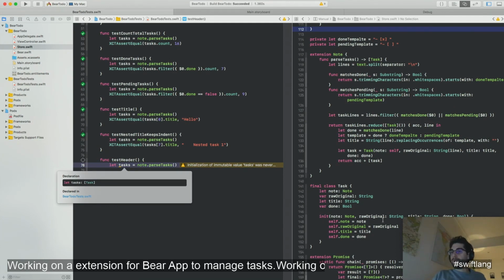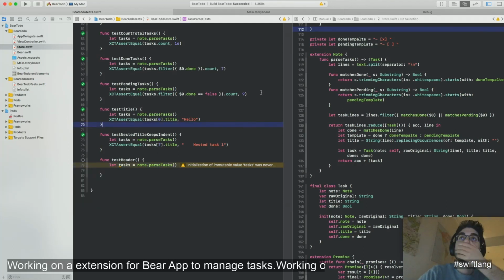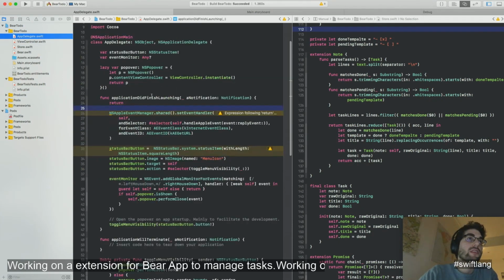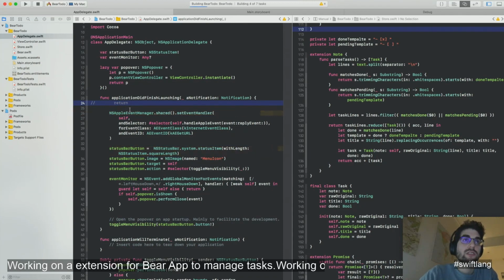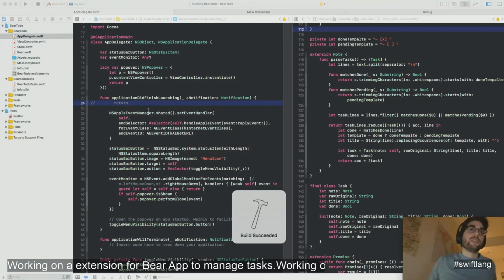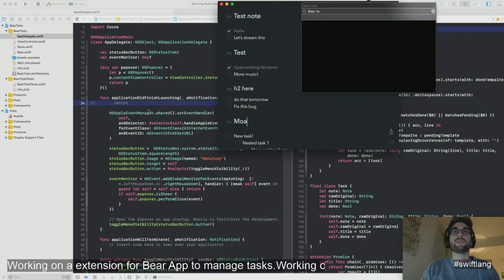I've worked for what? Yeah, a couple of hours. Pretty cool. Let me show you. So recap of what we have done today. First, let me remove this. I need to find exactly what you need to do on macOS to detect when you're running the tests and don't execute